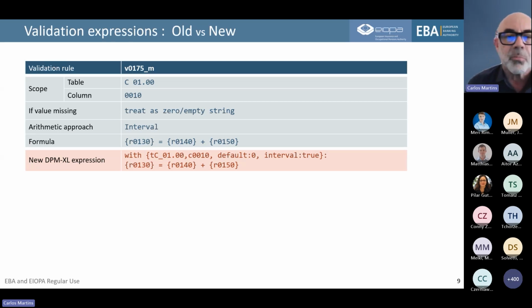It's like A equals B plus C, and that's it. So in the new DPM XL expression, the formula actually did not change at all. What we have here is the inclusion in the expression itself of some metadata, which before was not in the formula, but was dealt with as properties of